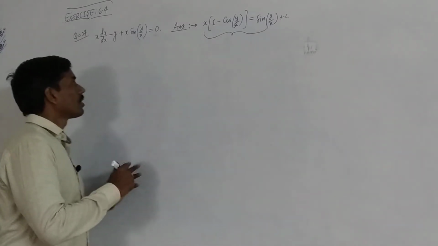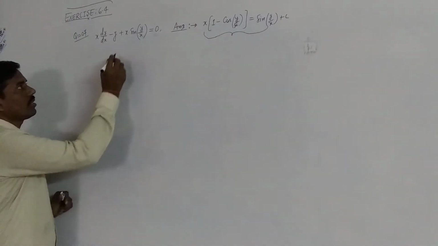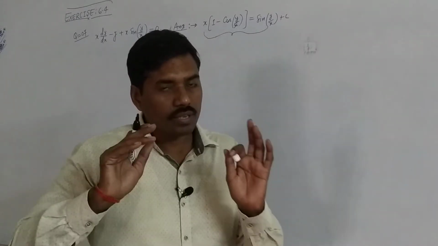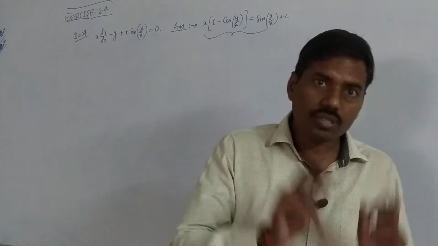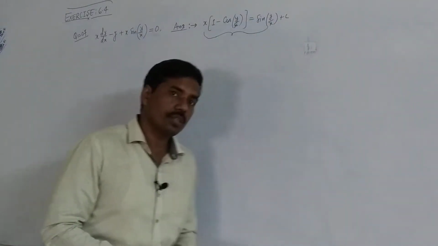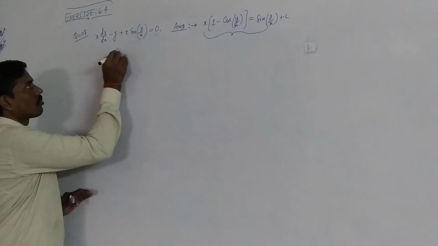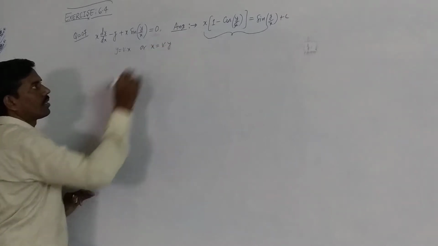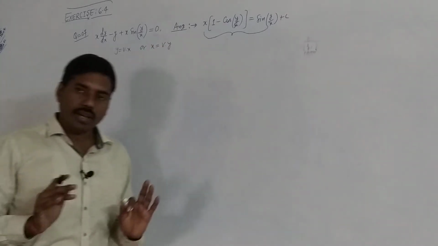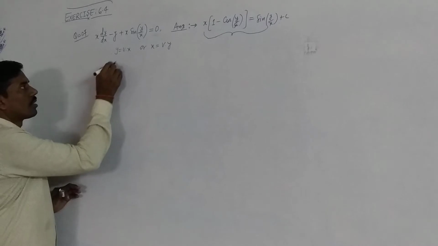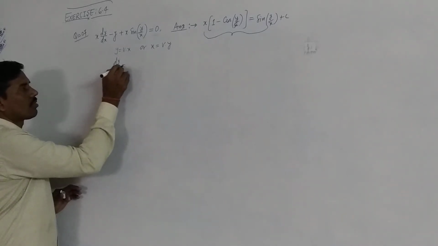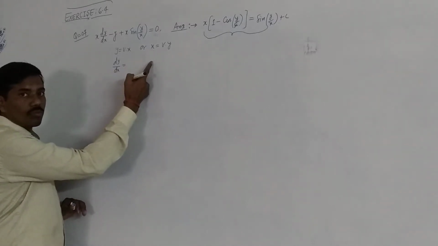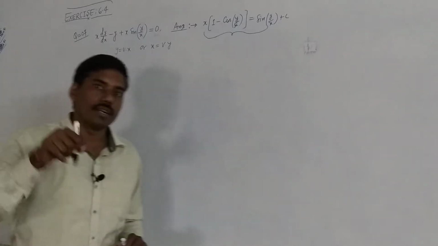Okay, let us find y. Since we know that if the differential equation is homogeneous, we have to substitute y is equal to v into x or x is equal to v into y. After that we have to find dy by dx in the form of dv by dx, and dx upon dy in the form of dv by dy.